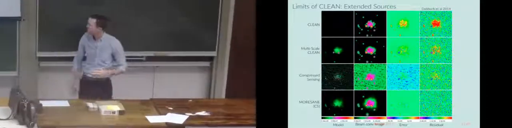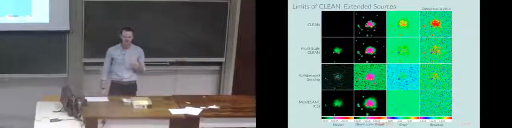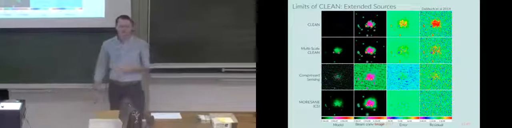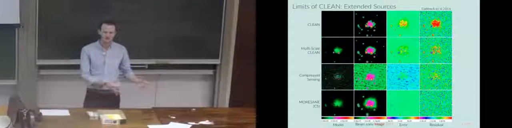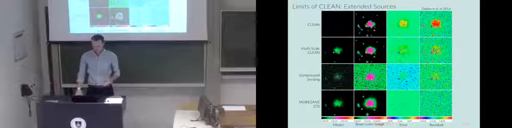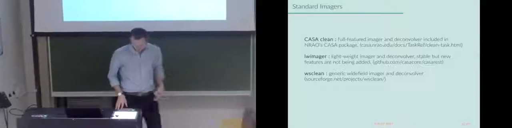The two limitations for why we don't use maybe compressed sensing all the time is that it's really expensive to do on computers, even our modern computers. And they're very specific to a certain kind of field or observation. You have to know when to use them. Whereas CLEAN and multi-scale CLEAN are much more generic. Maybe they're not going to produce the perfect result you want, but they're going to provide kind of a more typical result for any kind of image you are trying to deconvolve. You only get to these methods when you kind of run out of options. So that just gives you an idea.